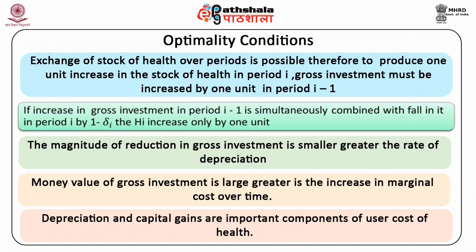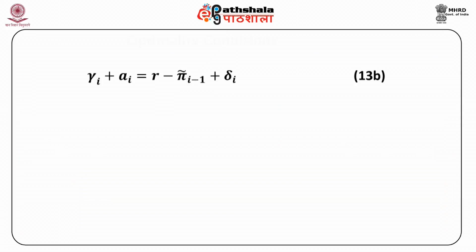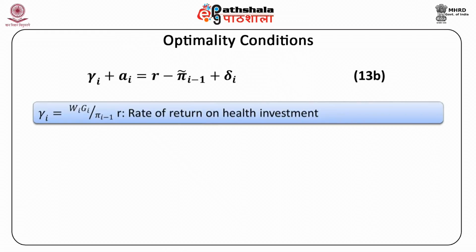Depreciation and capital gains are important components of user cost of health. Yi plus Ai is equal to R minus pi i minus 1 delta plus delta i. Here Yi is equal to Wi into Gi upon pi i minus 1, and R is equal to rate of return on health investment, and